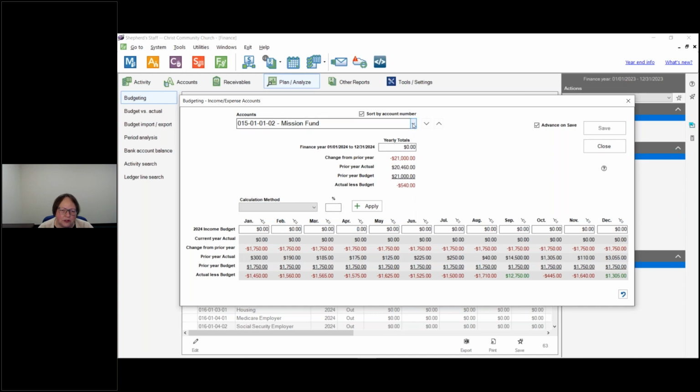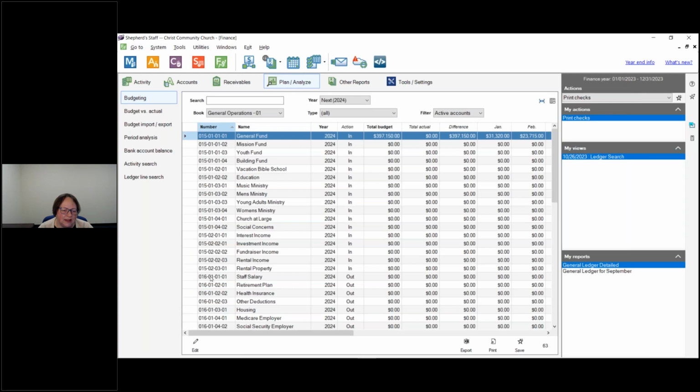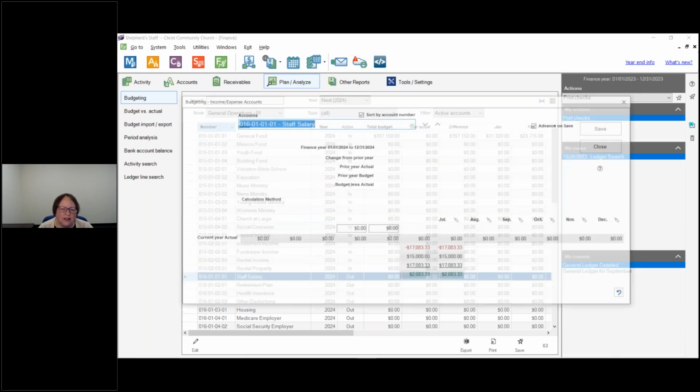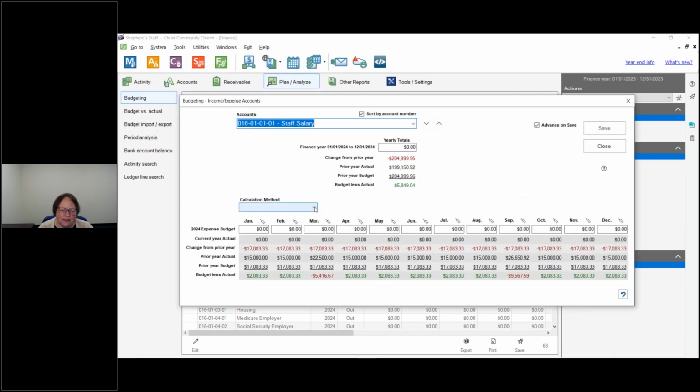It will not take you to the other account types from here. You'll have to go Close and then select your expense accounts here. And then you can do the same process for your expenses. So I might say instead that I want to base my expenses on my prior year budget because I don't want to spend quite as much as I